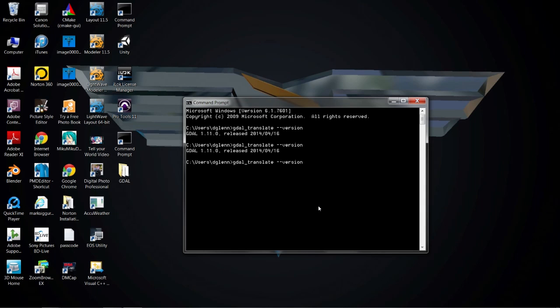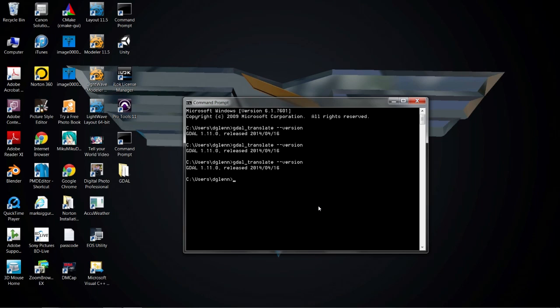I have GDAL installed. If you happen to have it installed and you want to test it, the best thing to do is go to just about any GDAL program, and I've got gdal_translate, and type in --version and hit enter, and of course you